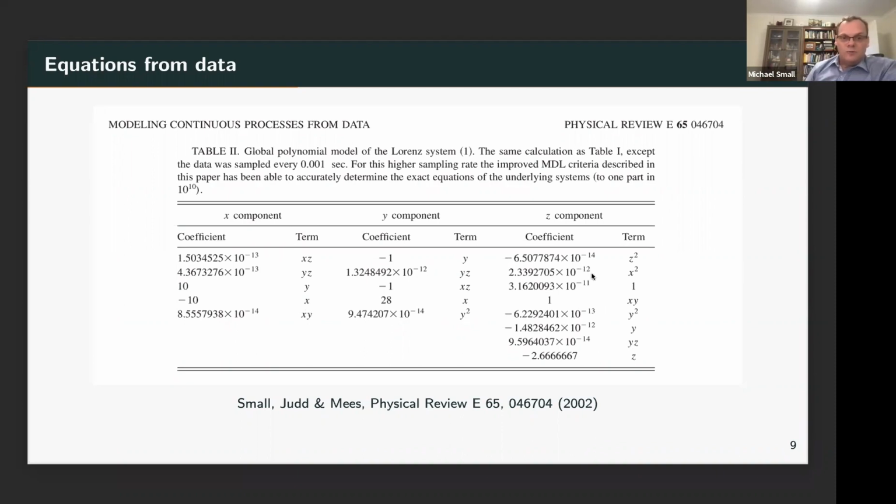But in terms of the currently in vogue idea of extracting equations from time series data, this is it. You can easily read off from here the true equations of the Lorentz system just by applying this kind of basis function idea plus